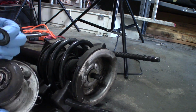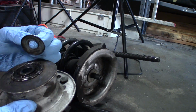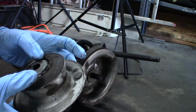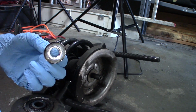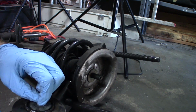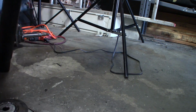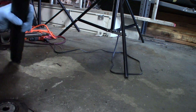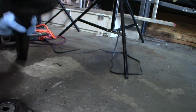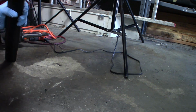And I've packed a little bit of new grease into this bearing here, not much, but it's not really making that much noise. So it's not making any noise, so I'm fine with that. I think this cover plate went on it because I cleaned out a lot of crud from this inner surface, and it seems to go there. And there is a little washer that has this little indent on it, and I see that same pattern in there, so I think that washer goes on right there, and then this just slips on,